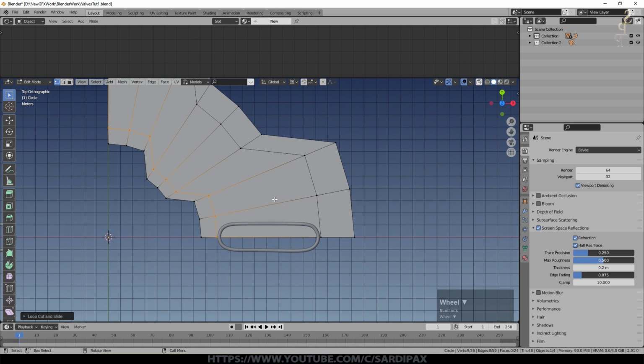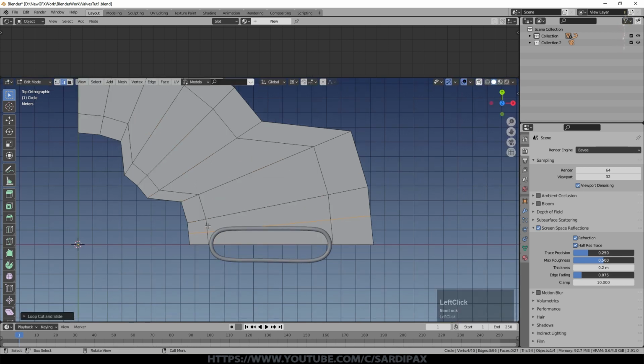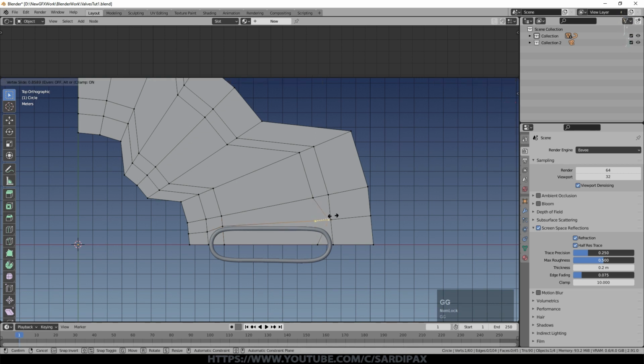Unless you're trying to model a real device that you're copying, then this is really just down to artistic choice, I would say. Add another loop just there, another one there, and another one there. And the reason I'm adding these loops is because I want to be able to move things around a bit. So I said G, Shift, Z there, which allowed me to slide that point around without coming up or down on the Z axis. And you can also do it by pressing GG, and that will basically slide it around within that plane. So I'm just trying to conform to the shape of my heater coil there with a slight gap. I want it to be a visible gap.